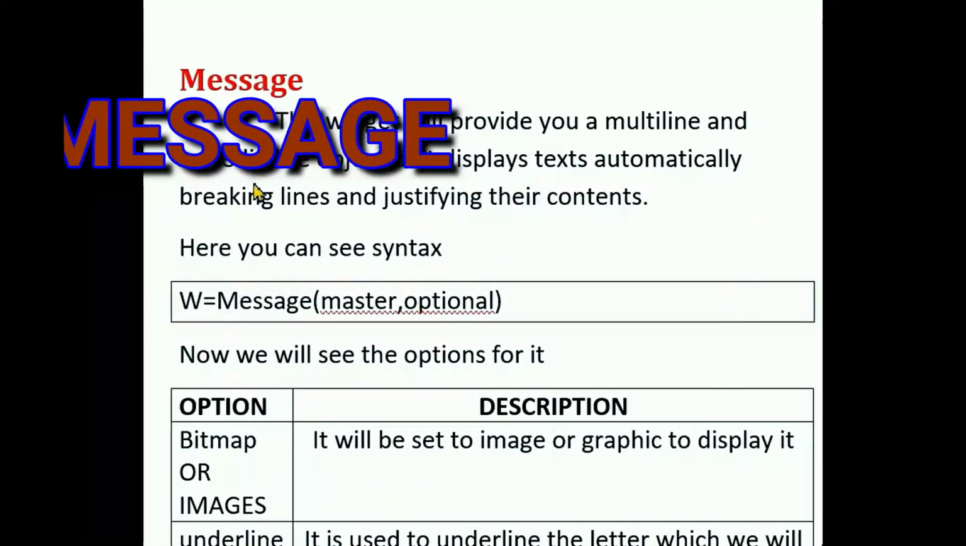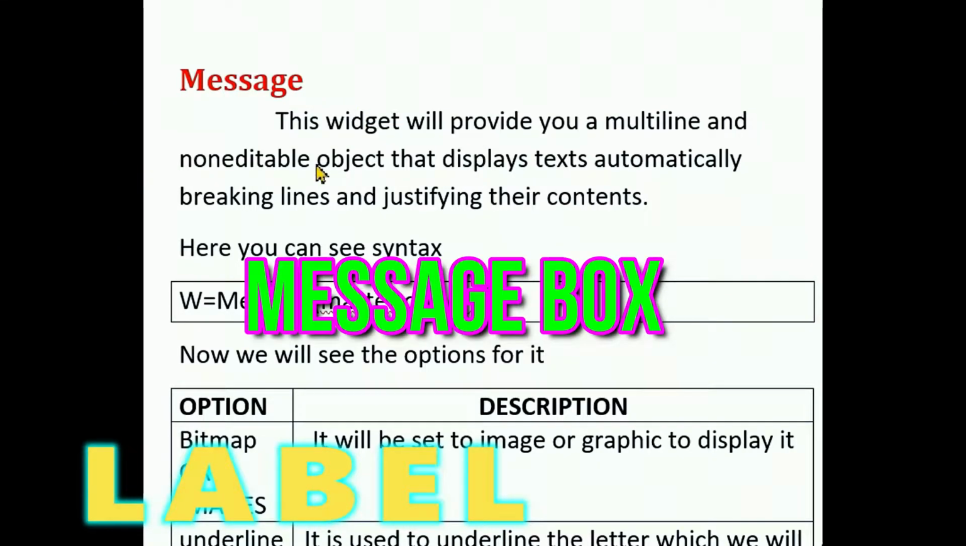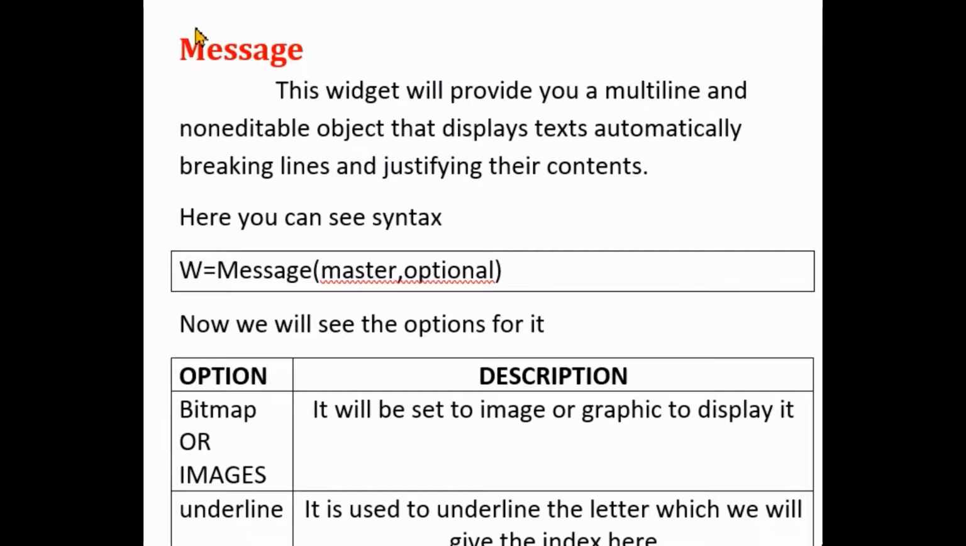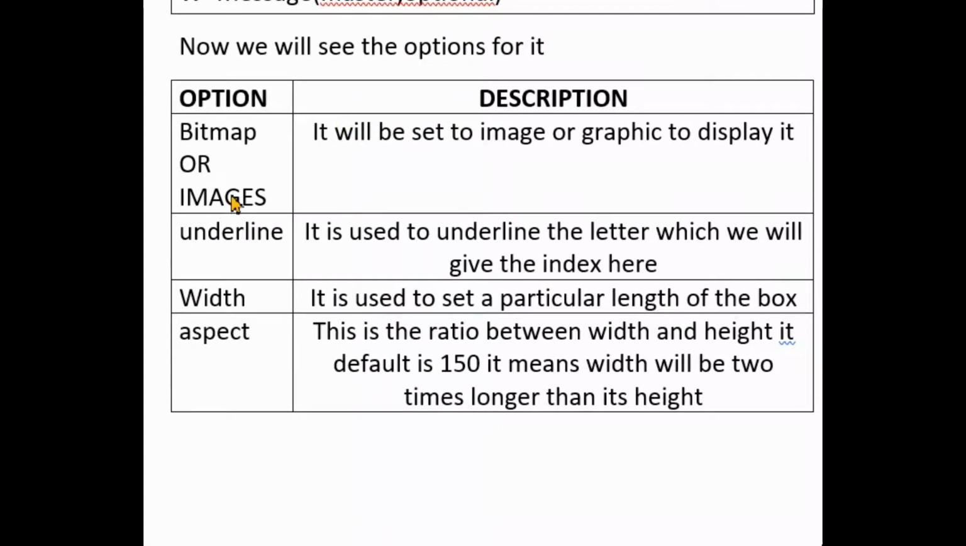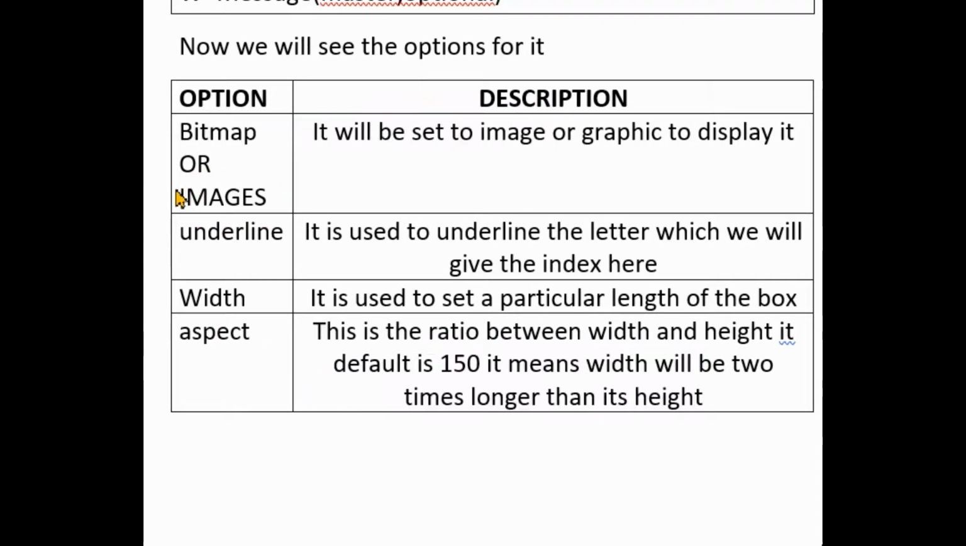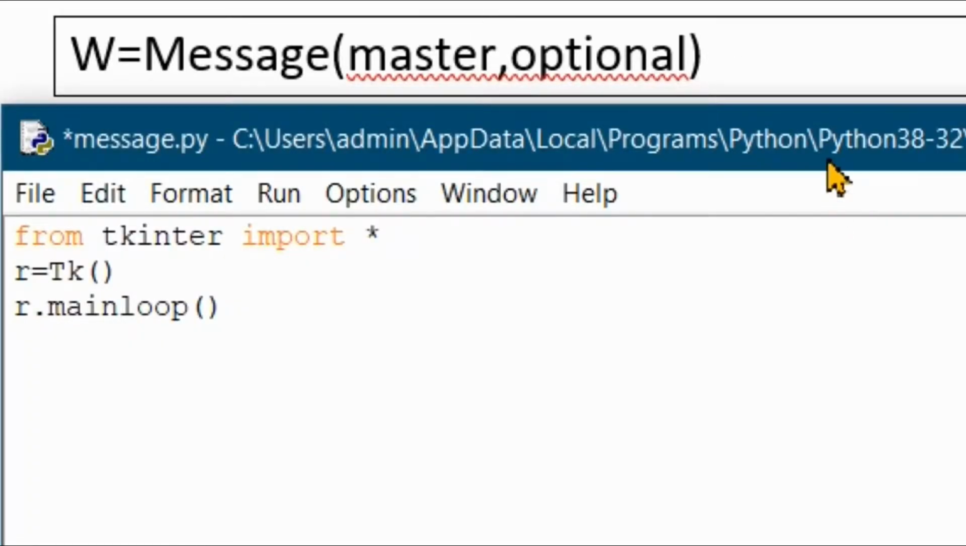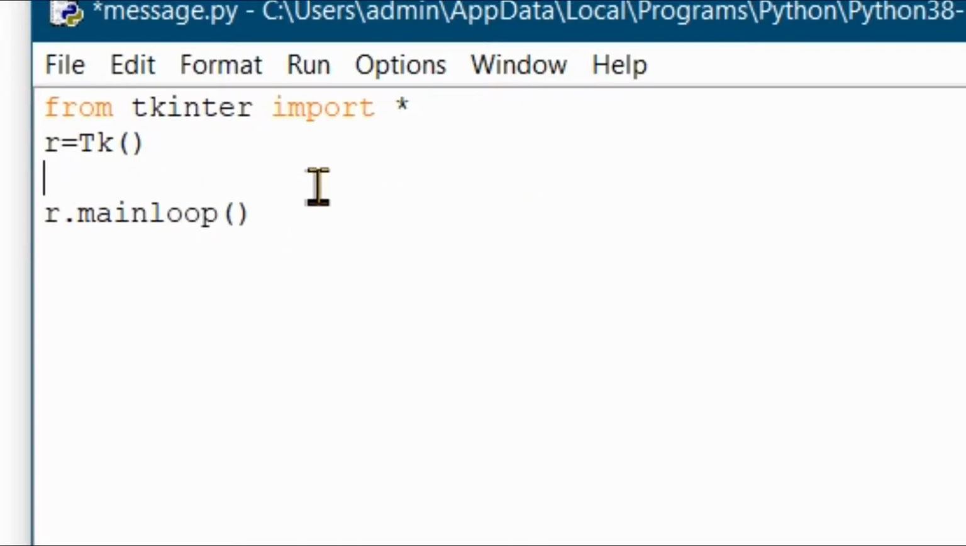In this video, we will discuss the differences between the message box, message, and label. First, message is very similar to the label, and the only differences are the bitmap and the aspect. In the label we use images, but here we use bitmap, and aspect is the new thing for the message. Now we will see one example in Python, using the main basic module